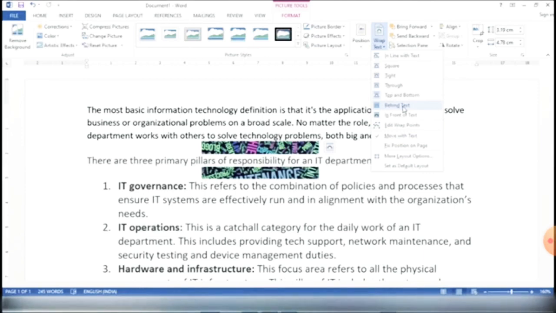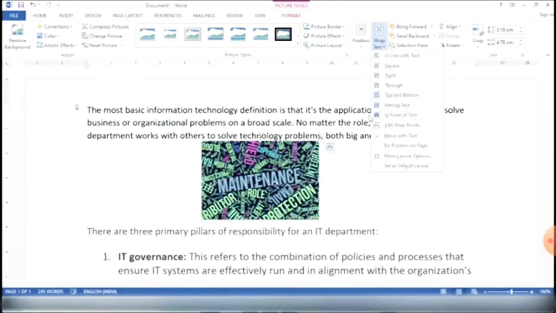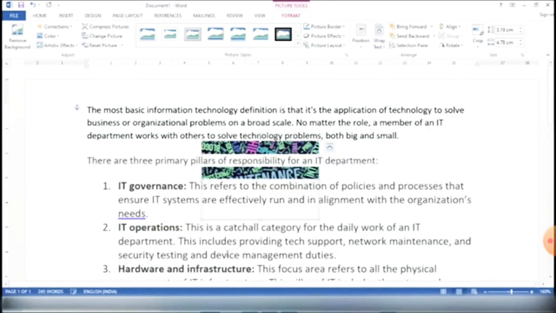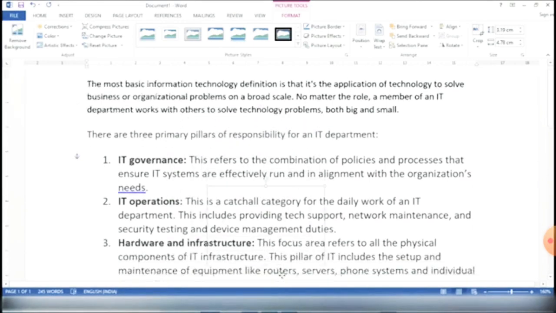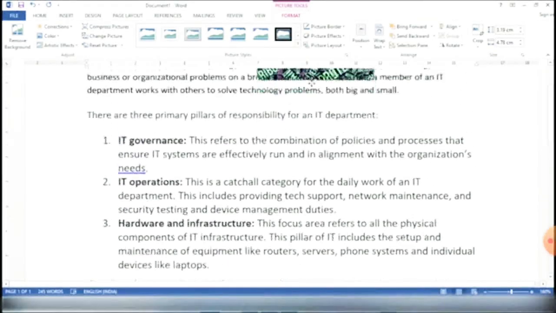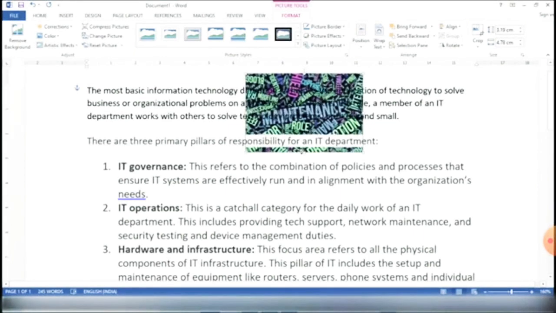So we can use the behind of the text, which means we can set an image behind the text, and we sometimes use it that way. You can see you can set the image behind the text wherever you want. You can adjust your image or picture with your text behind the text here. Children, you can find this way we can set the picture behind the text.